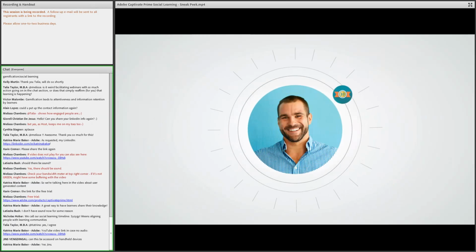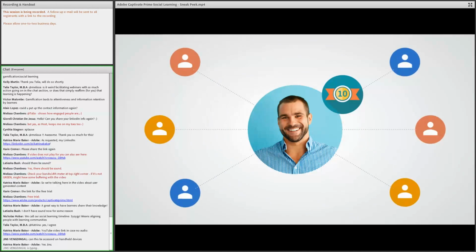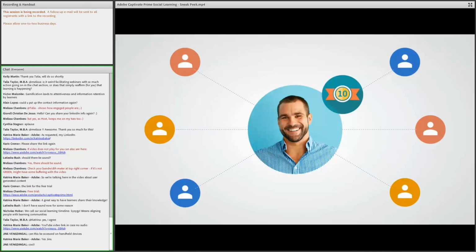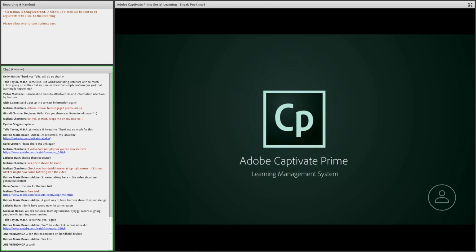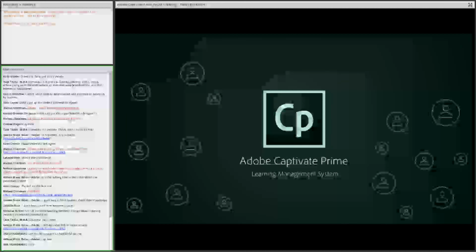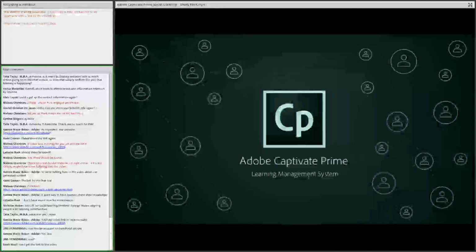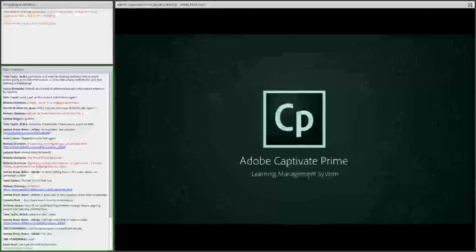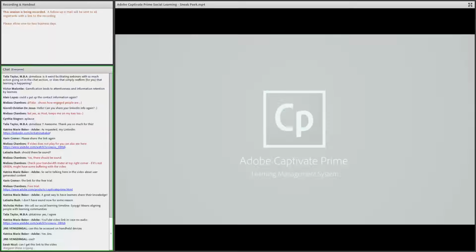Upon earning a certain number of points, the social learner gains SME status with the ability to curate content. This keeps the social learning culture going. Adobe Captivate Prime organizes and enhances informal learning through a social network that makes useful knowledge accessible to everyone across the organization. Real people, real learning.